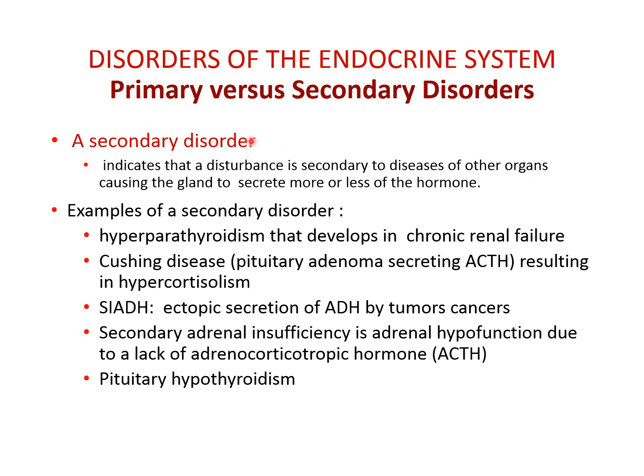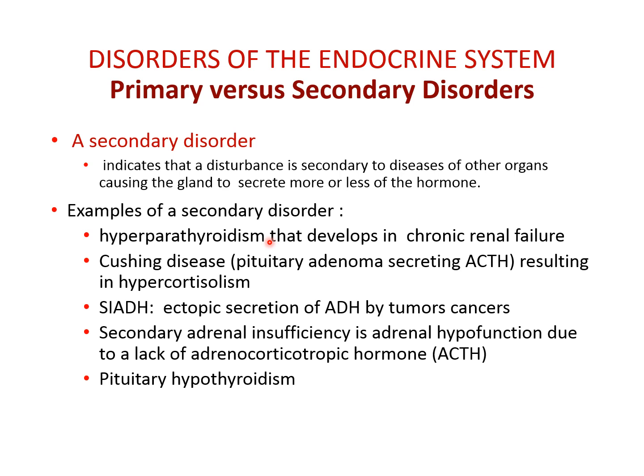Now, a secondary disorder again could be hypo or hyperfunction, but here, if you are interested in a peripheral gland, the disorder could be due to a certain problem within the pituitary gland, or it could be due to the presence of a certain tumor somewhere else. So the disturbance is secondary to a disease of another organ rather than the gland you are interested in. For example, hyperparathyroidism may occur in chronic renal failure because parathyroid hormone acts on the kidney tubule to increase calcium reabsorption. Once the kidney is not working, you have constantly low calcium ion levels and thus